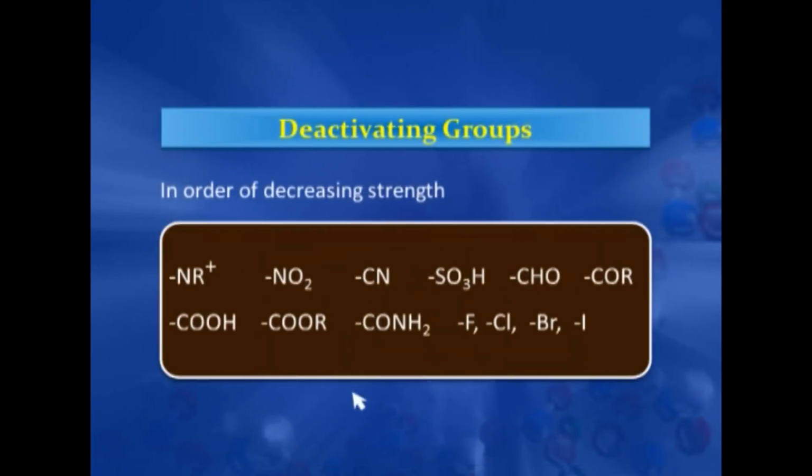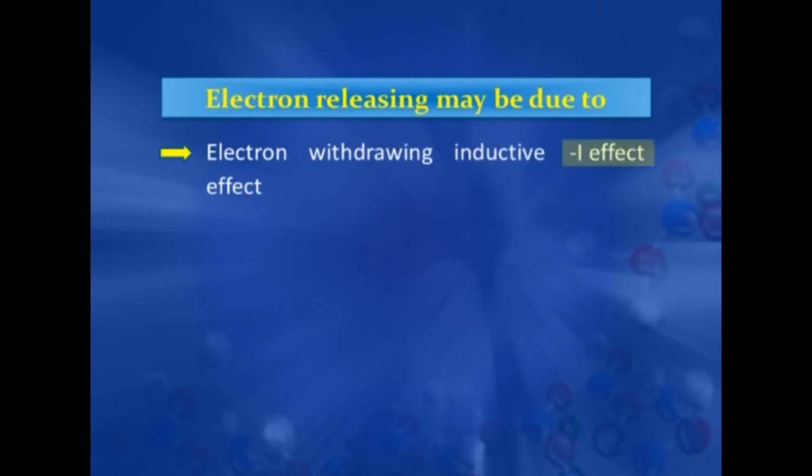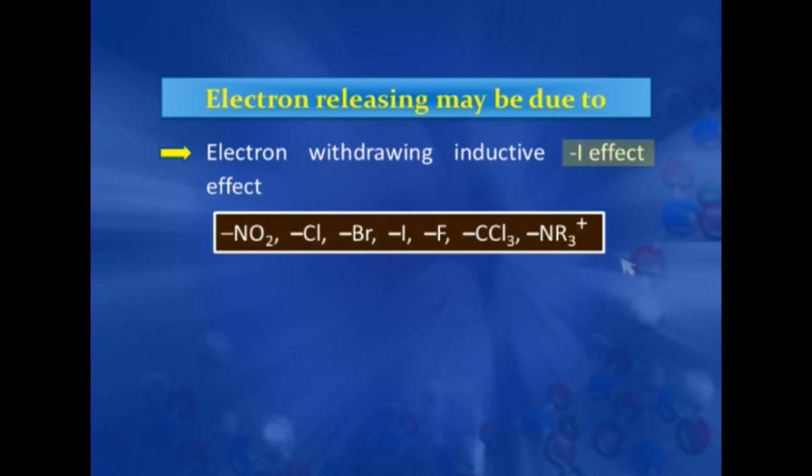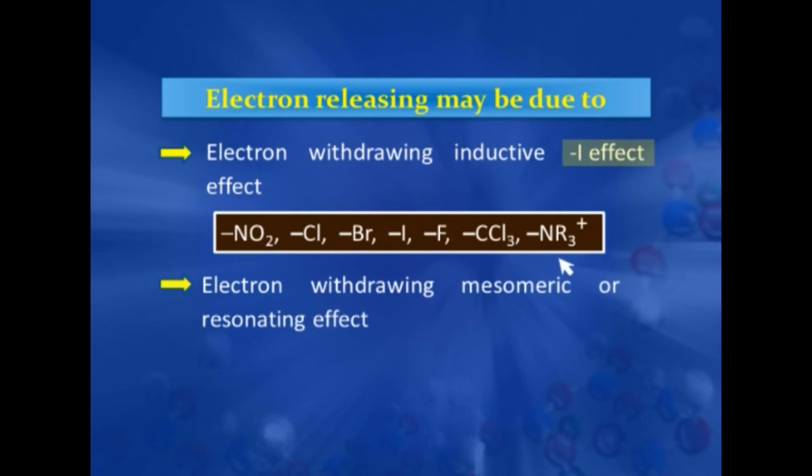Examples of these types of groups are the groups which have a positive charge or which withdraw electron density. For example, nitro, nitrile, sulfonic acid, aldehyde, ketonic group, acid, ester, amide, halogens. Now, again this electron withdrawal can be due to inductive effect, which is known as minus I effect. For example, halogens, nitro, CCl3, the amine group containing a positive charge, and electron withdrawal can be due to mesomeric